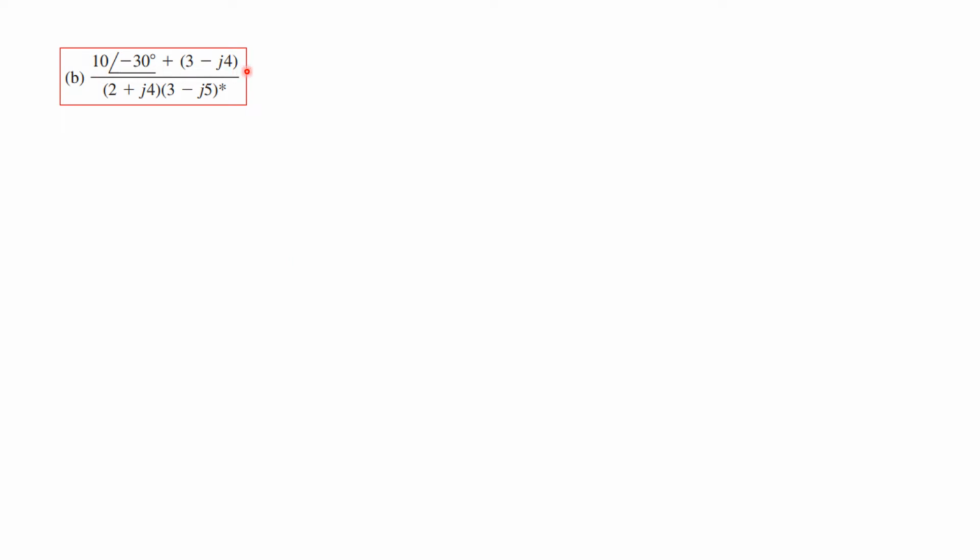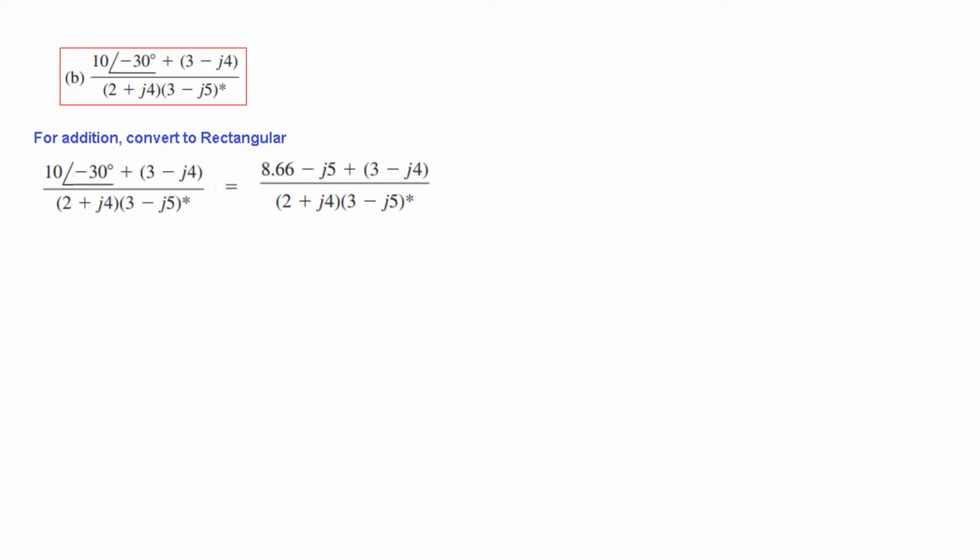Again you can see the numerator, there is an addition, so we have to convert this into rectangular first of all. So converting into rectangular, and then we'll add, and also we have to multiply these two terms. So for multiplication we need them to convert into polar form, but before that we can eliminate this conjugate part by changing the sign. So let's see,